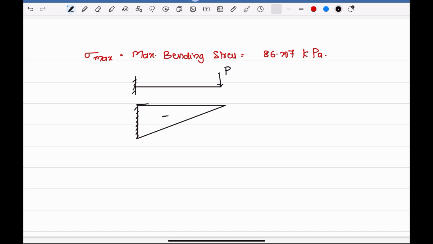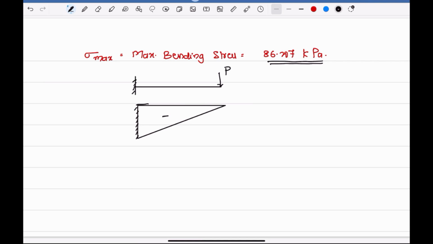This moment and other calculations are made already in Structural Analysis, lecture number 12. I am going to give you the link for the playlists so that you can go back to the previous classes and learn from them. And we know the maximum bending stress that is caused to the beam is